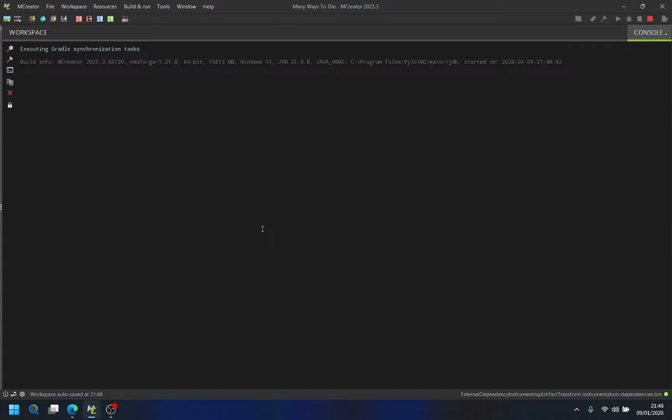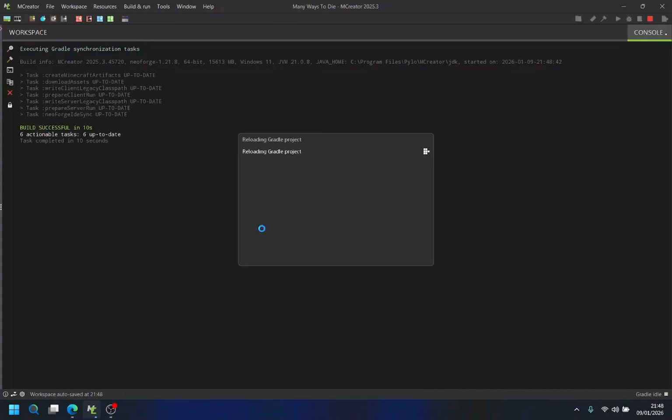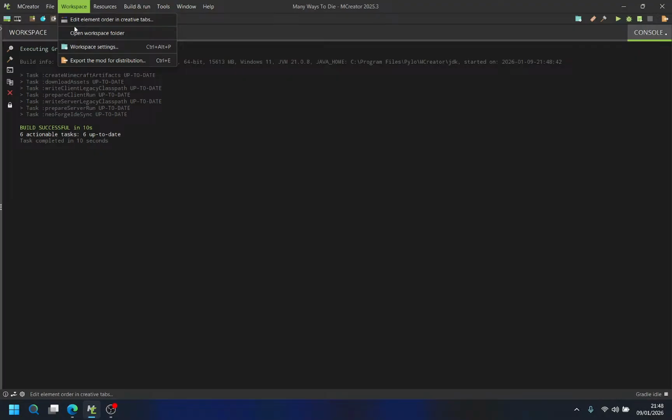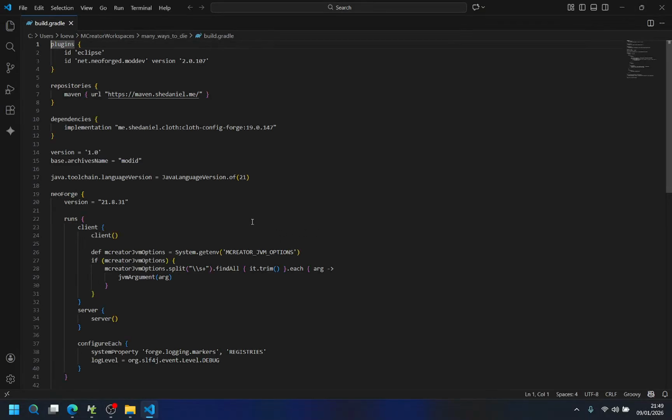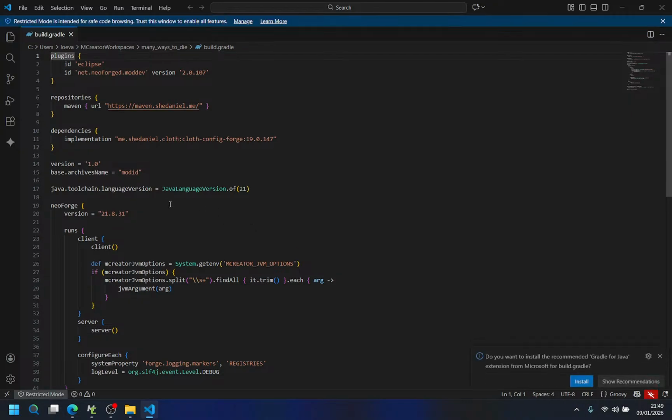Why does it clear everything up? It's reloading the Gradle project. There we go, it's reloaded. Wait, so there's a big error then in the build.gradle. Is there?